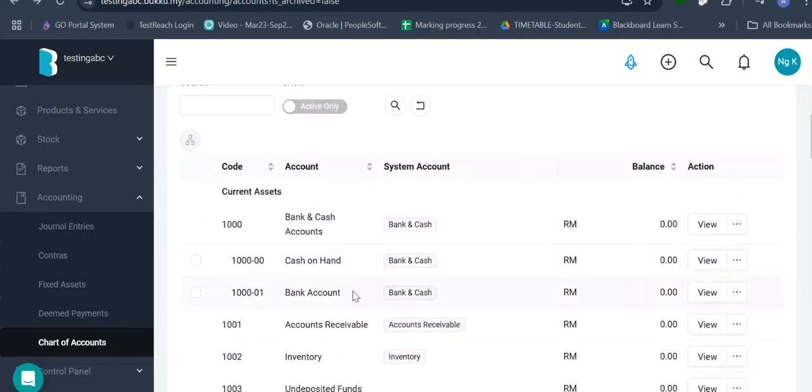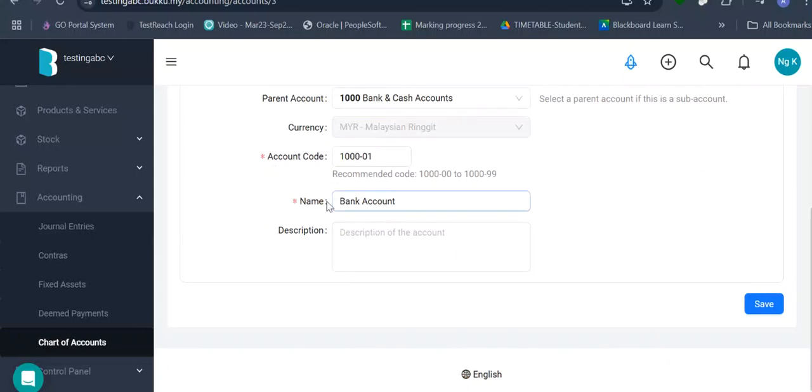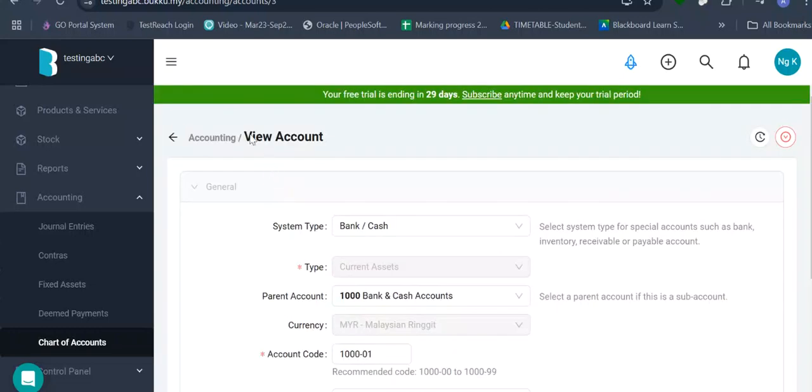Then this bank account, a lot of businesses hold more than one bank account. So you can add, or you rename it. If you only have one account, Public Bank, just rename it. Come back to here. Public Bank, account number 134, whatever. Description: home branch, Petaling Jaya, for example. Information.